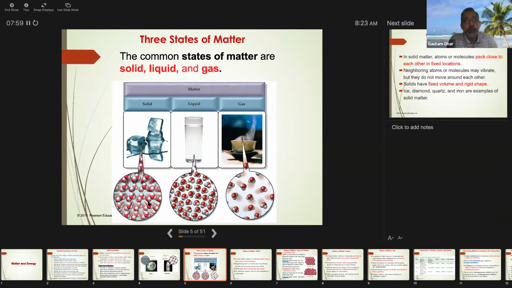Now, if you look inside, in the case of ice, you can see that the molecules are very close together, and there is a definite arrangement of the atoms. They are basically tied down to a very fixed position. Whereas in the case of liquid water, the water molecules are close, but not that close. So they can move past one another, giving the fluid property. Whereas in the case of gas, they're wide apart. So the states of matter basically come from how close the molecules are.